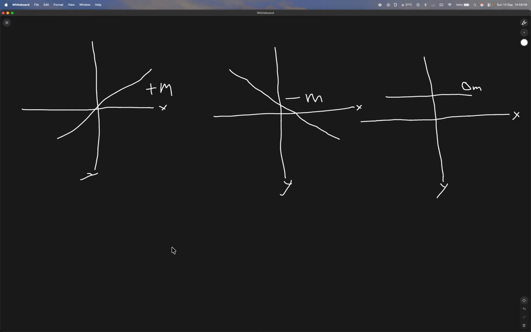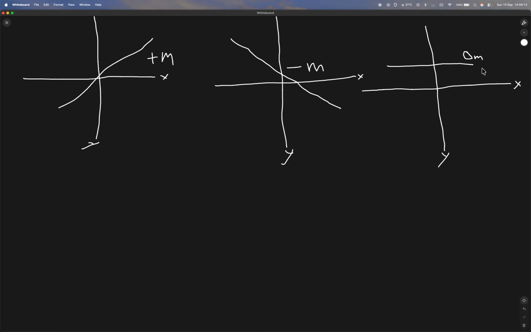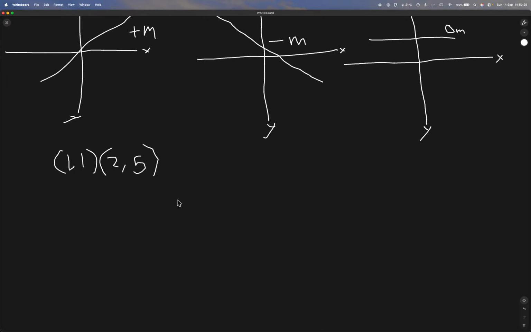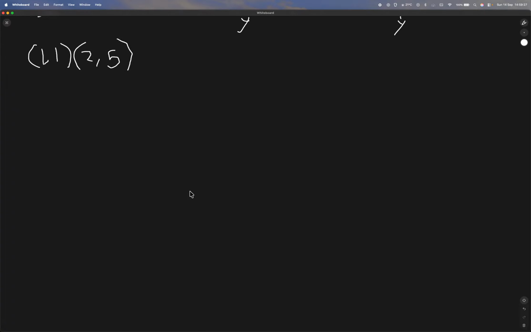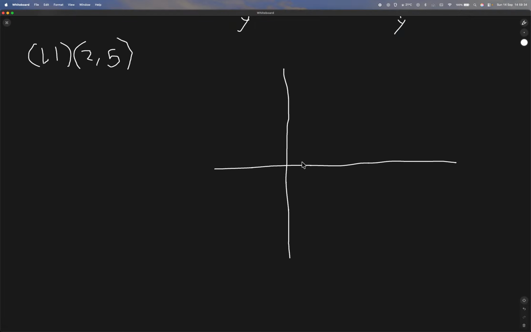So, we got that. Now, how do we find the gradient when given 2 points? So let's use the points 1, 1 and 2, 5. So, let's think about that on our Cartesian plane. So we got our plane like this, and 1, 1,